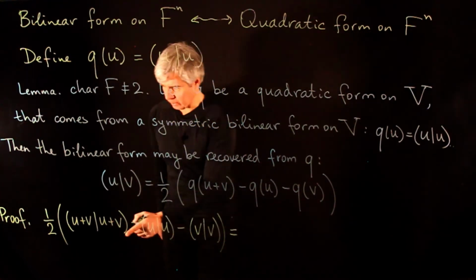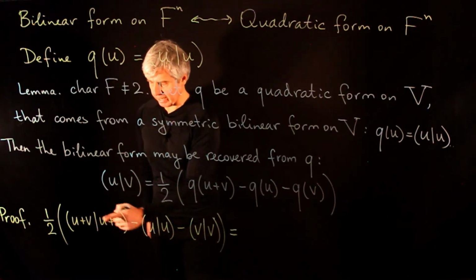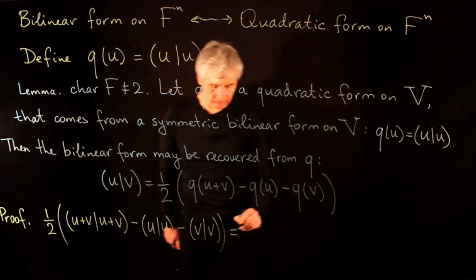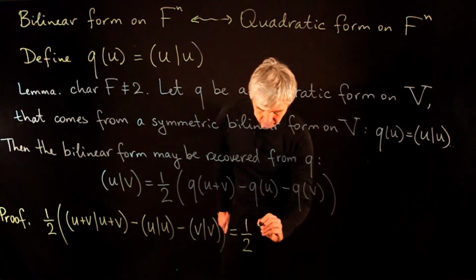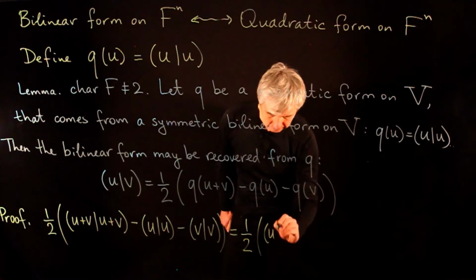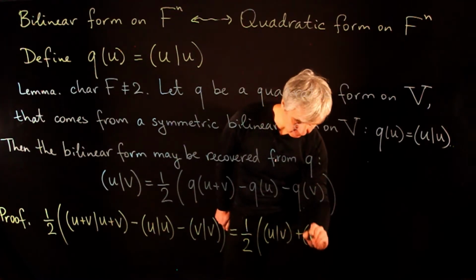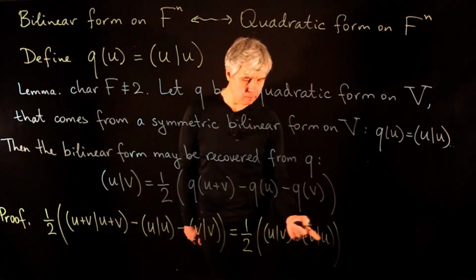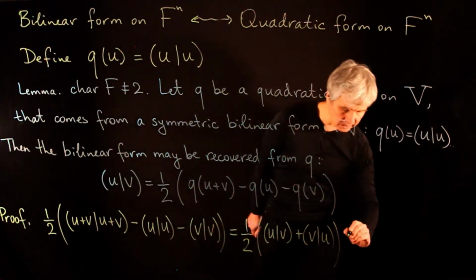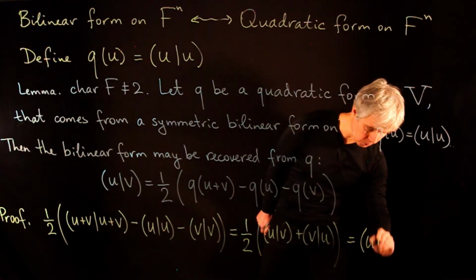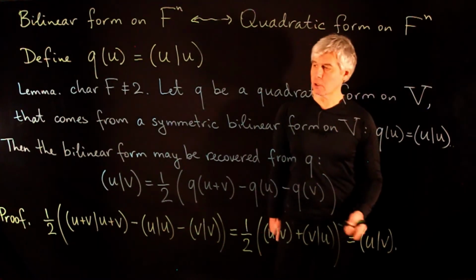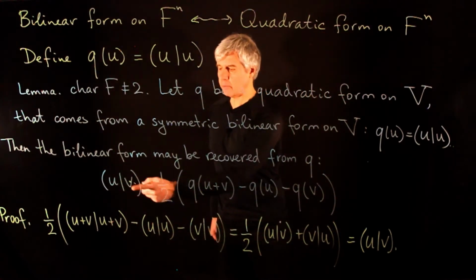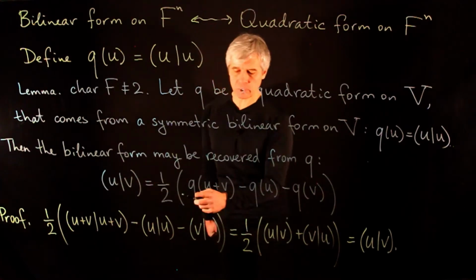And when we expand this using bilinearity, we see that the terms u,u and v,v will cancel, and we just get 1/2 of B(u,v) plus B(v,u). And because the form is symmetric, these two terms are equal, and we simply get the bilinear form B(u,v). And this shows that we can recover the value of the bilinear form on an arbitrary pair of vectors from the values